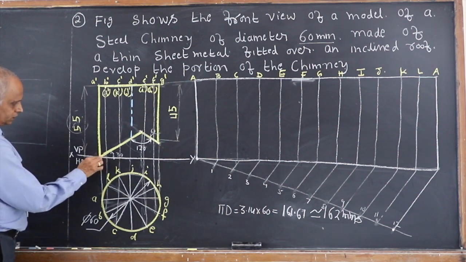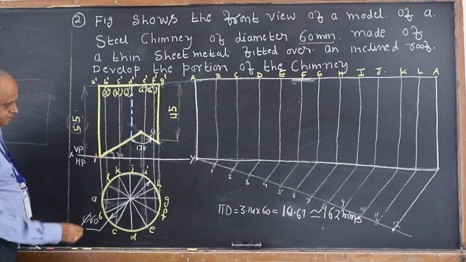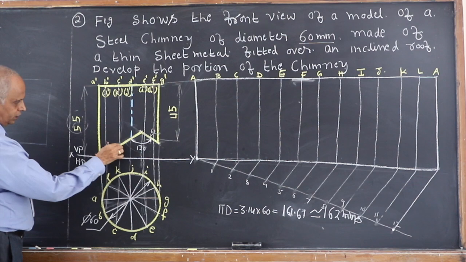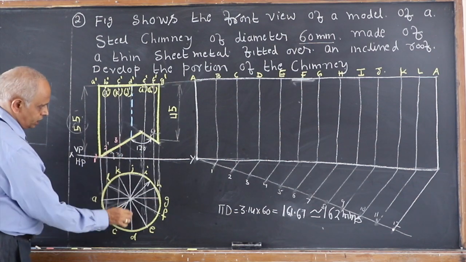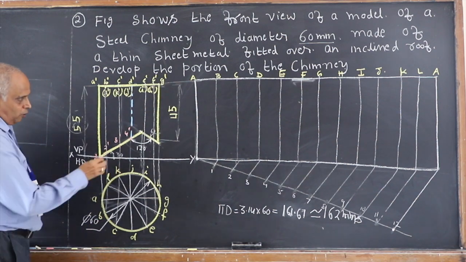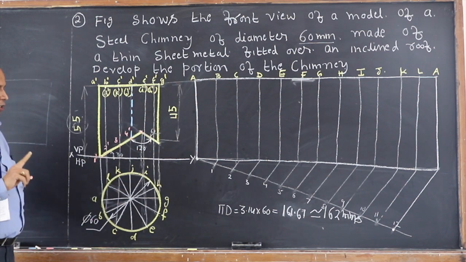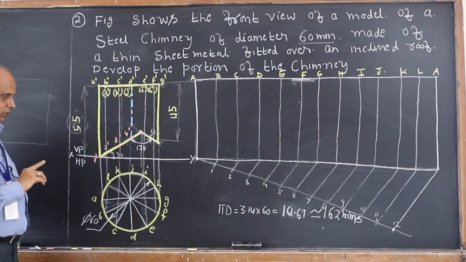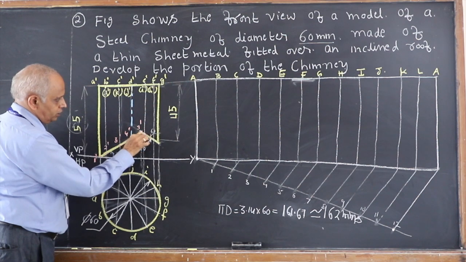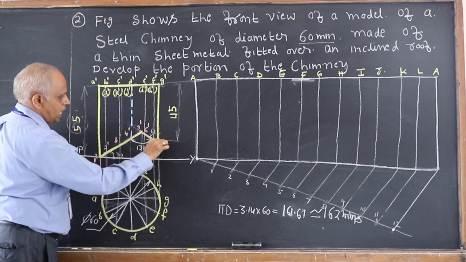Now let us try to identify the section points here. Start with this cutting plane, section point 1 dash on A, generator through B, 2 dash, generator through C, 3 dash, generator through D, 4 dash. And I told you a very important thing: whenever two section planes meet, whether there is a generator or not, there should be two section points, one visible and one invisible. So this is going to be our 5 dash, and then coming down on this generator is 6 dash, this is 7 dash, and this is 8 dash.